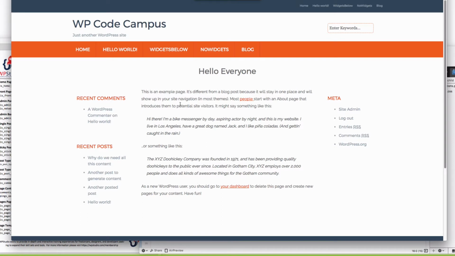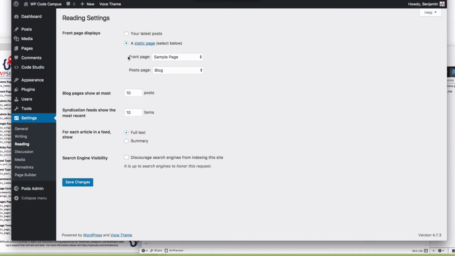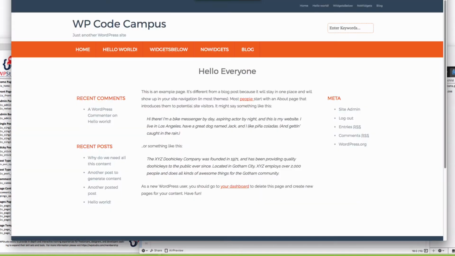Why? Hello everyone, and hopefully you also recognize this is the sample page, the default sample page for WordPress. That's where this text comes from. Take a look at this. Our front page has been set from our listing of pages as the sample page. Our posts page now is the blog page, which means when I'm on what appears to be the home page of my website, the only conditional tag that will affect this